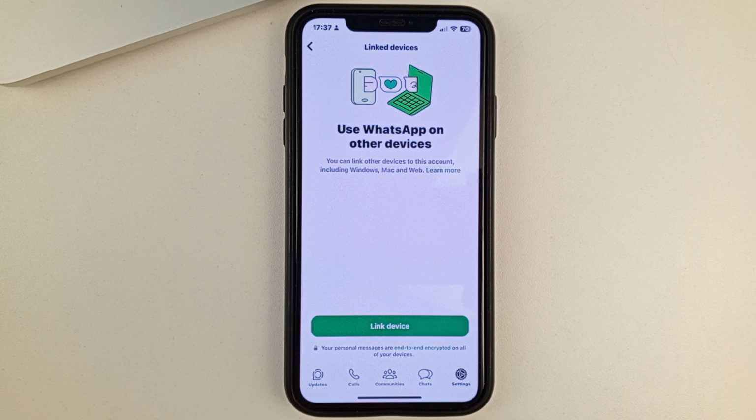And in order to delete them, you'll need to click on the name of the device and then select Delete. Just 2 actions, so simple. They will delete your WhatsApp account from some other device.